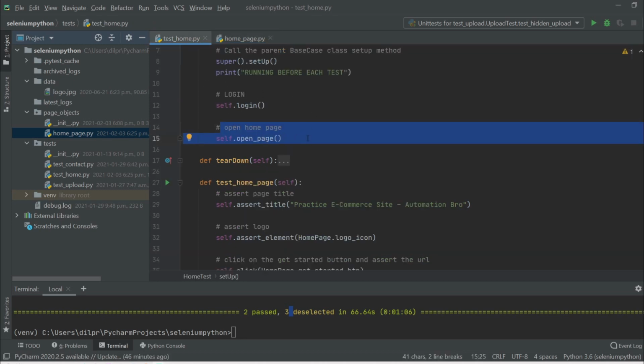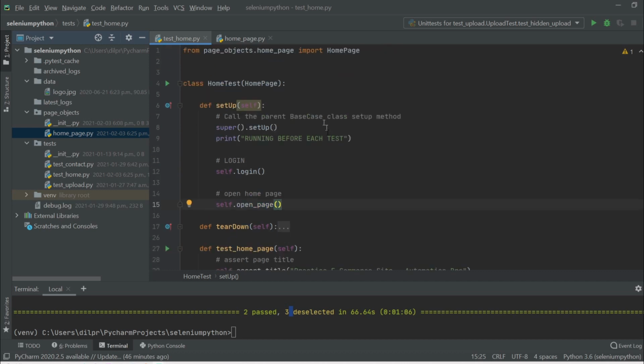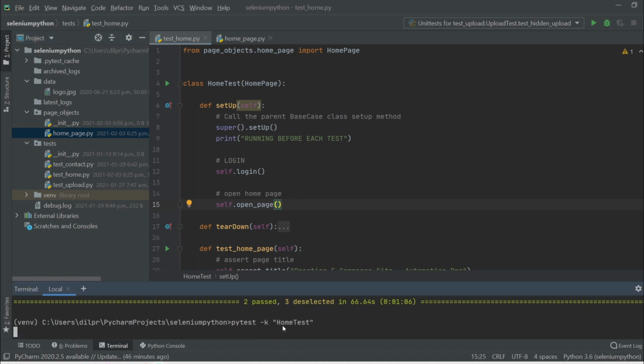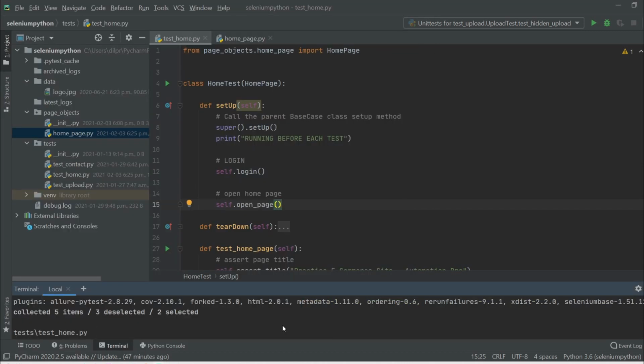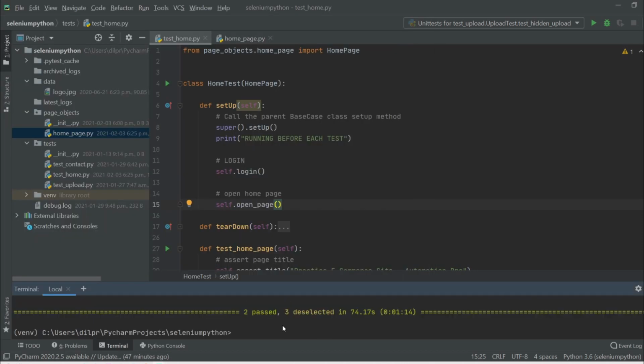Now there are multiple ways of how you'd want to implement this and you can keep optimizing your framework, whichever way you prefer better. But I think for now, just for demonstration purposes, like I said, this is good enough. Okay, so just to make sure everything is working, let's run our test again and see if it works for us. Okay, so there you go. We ran this again and our test successfully passed.